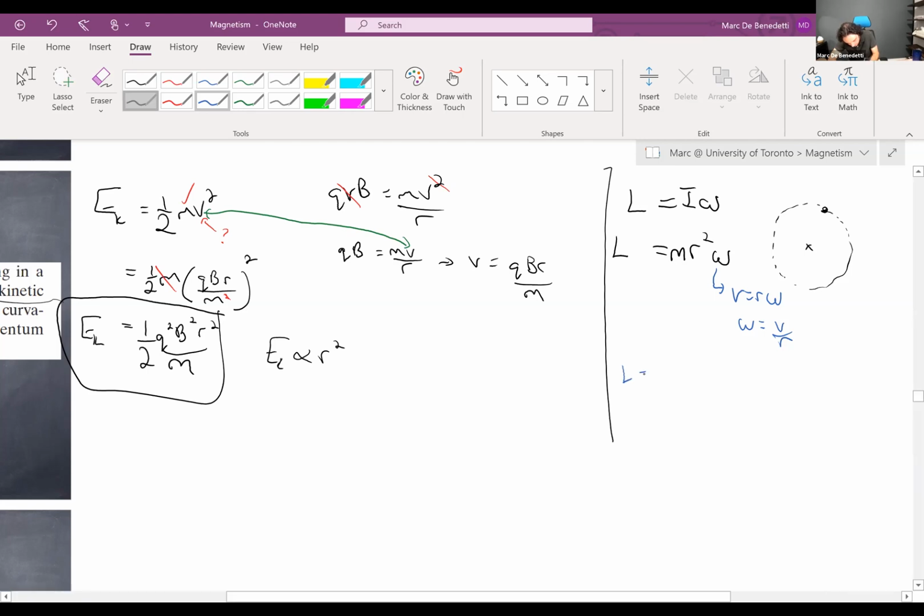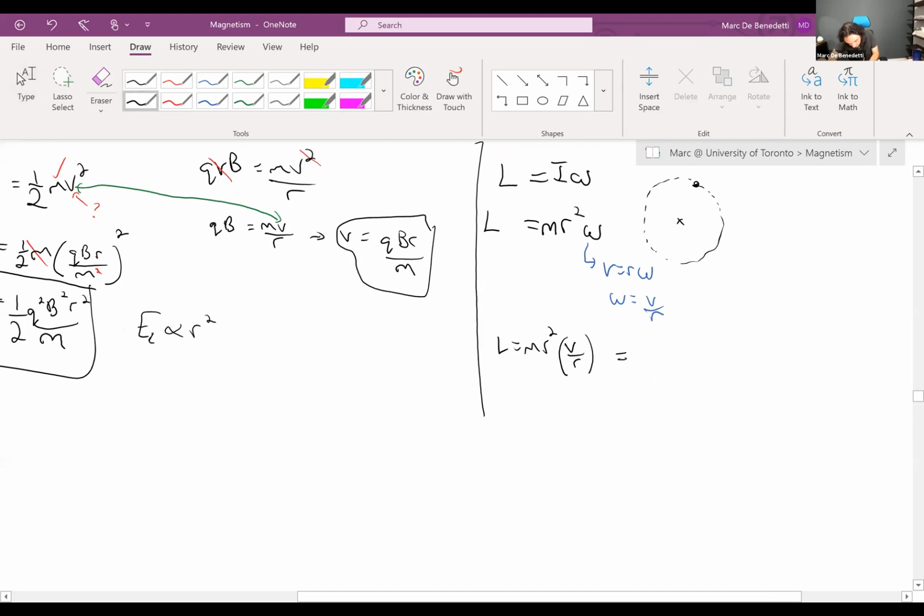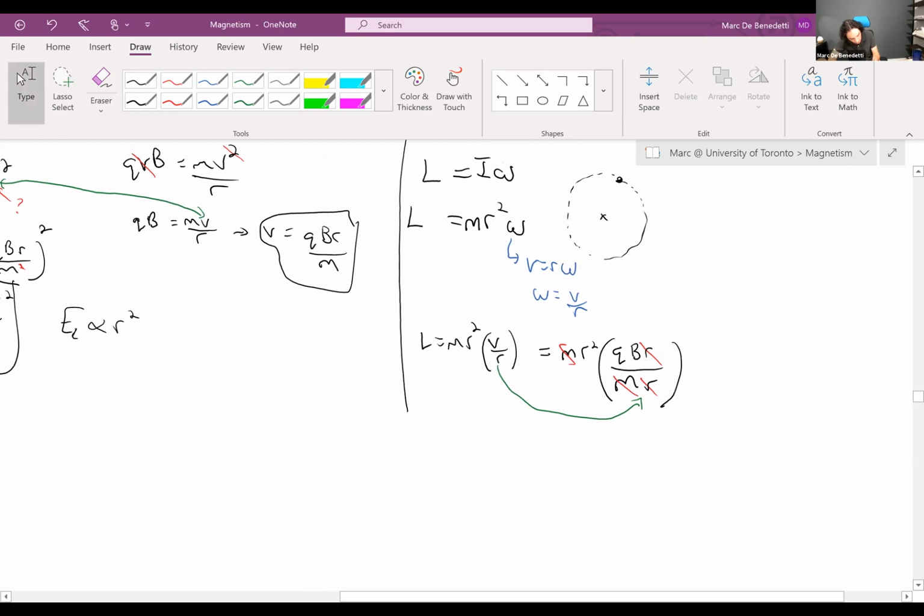So my angular velocity, oh, I should have changed to black. Why didn't it do that? L equals mr squared, and omega is going to be V over R as such. And what is V? We don't know V, but luckily I think we solved for V over here. So when I plug this in, this is going to be mr squared. V is QBR over M, and this R here hangs around still. And we see that the two R's will cancel. We see that the two M's will cancel, and we end up getting,